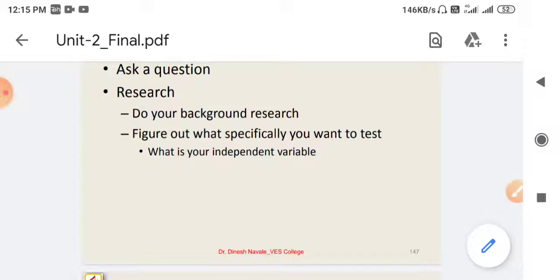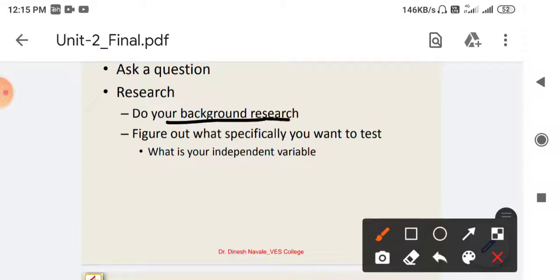Okay, so for this purpose, the background research plays an important role. Once we have got to the research problem, we should also have the background of that particular research problem. That means previously some research which has been carried out on the same topic, we use that same research, and we check whether that research is applicable to our problem or not.